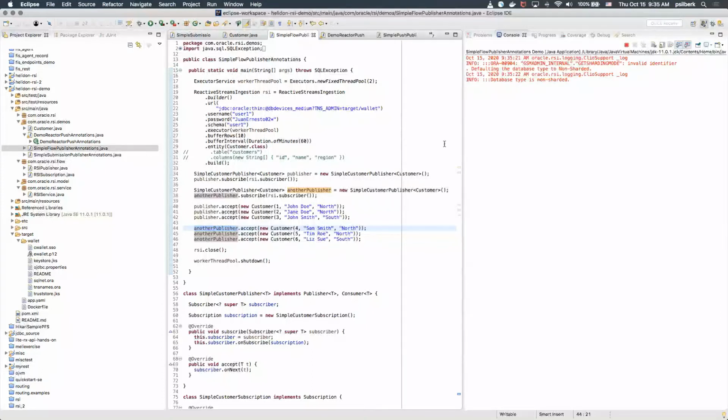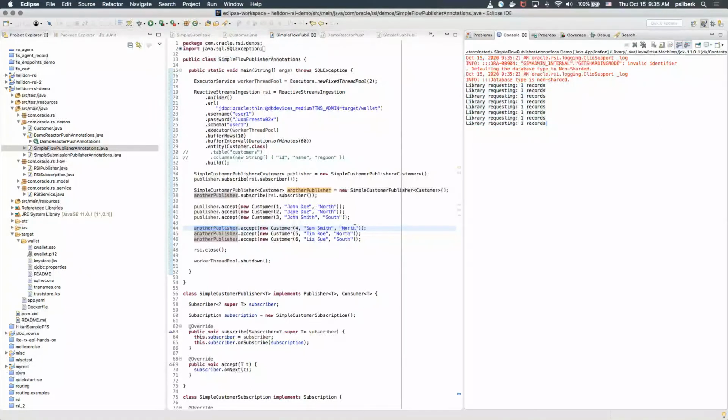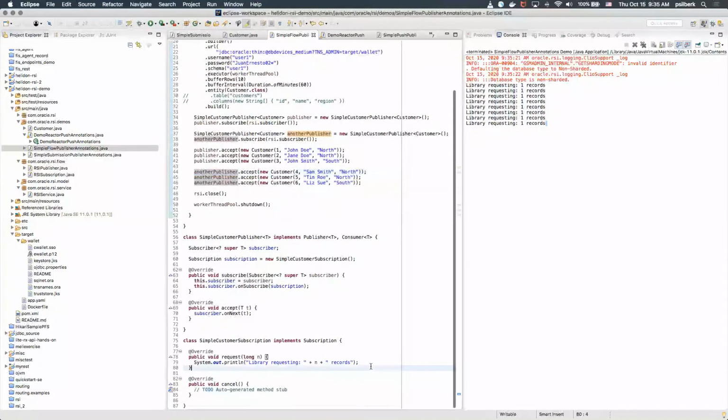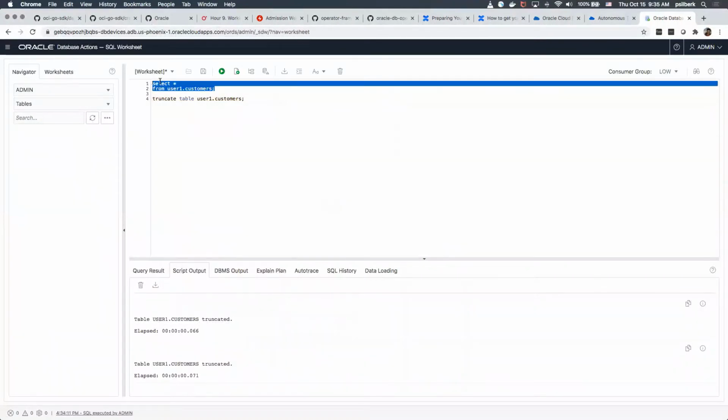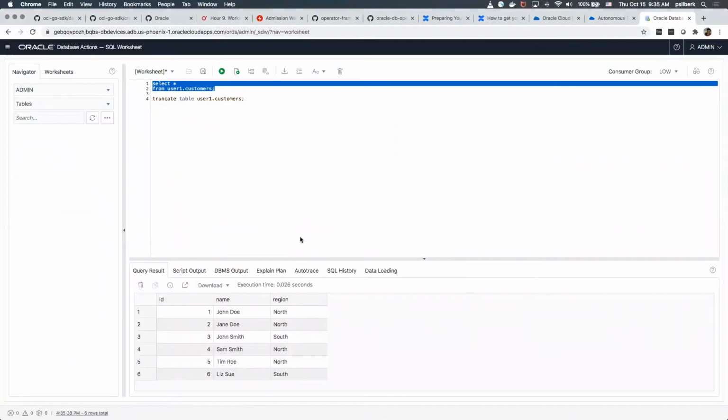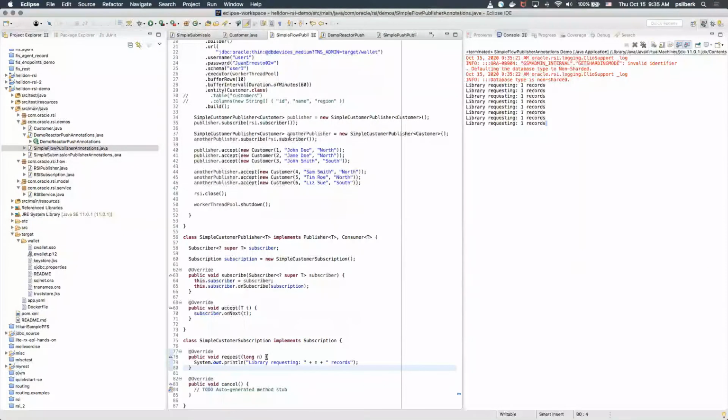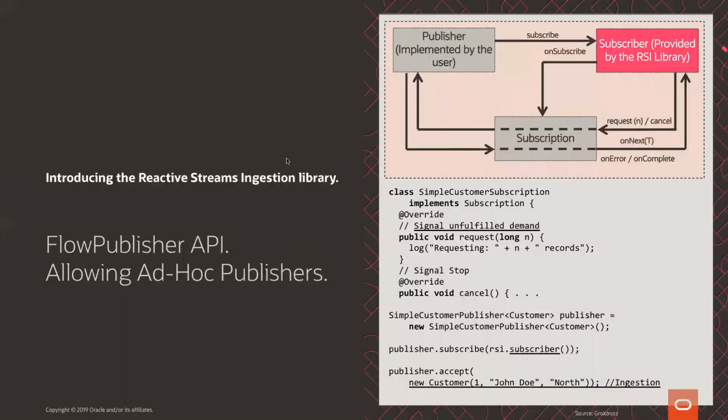You have it only with the flow, right? The flow telling you, okay, give me more records. So here is the library telling this, this is what's in here. And there you have the 6 records that we were talking about. So going back to the presentation.